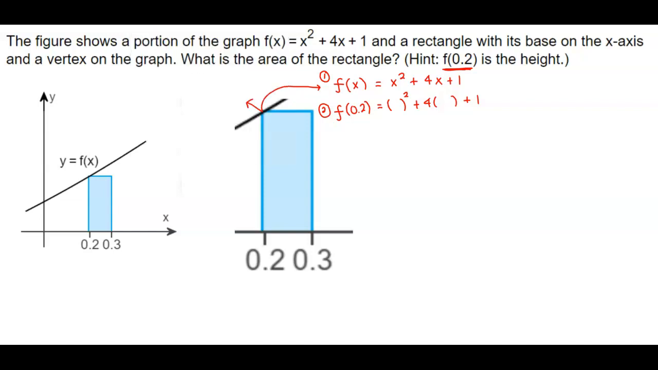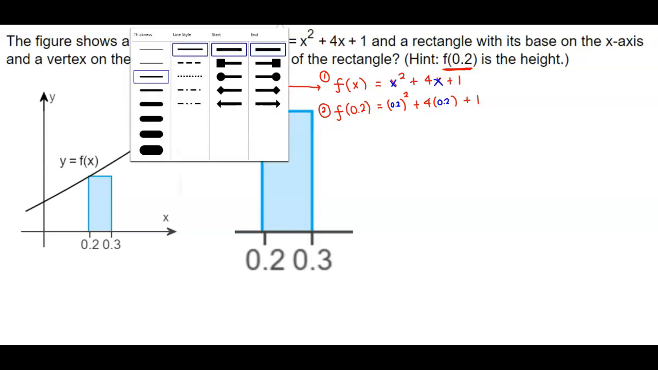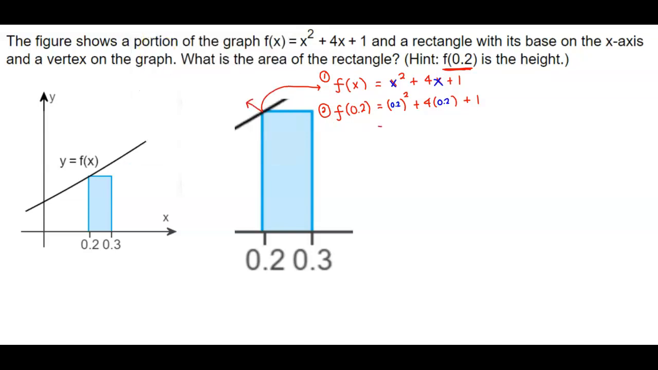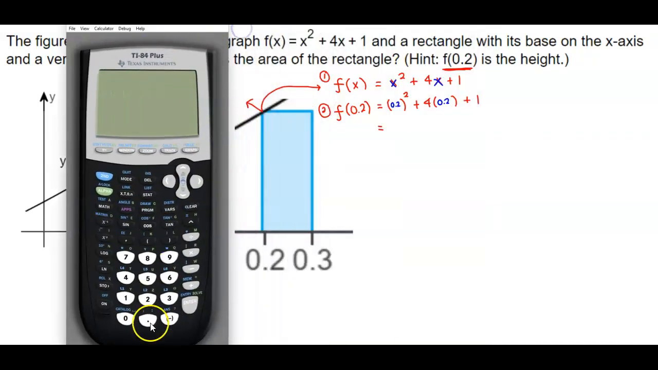So in here we're going to replace this x with 0.2, and then we're going to replace this x with 0.2, and then we want to find out what is that result. So let's go ahead and do that. So if we take our calculator, we're going to take this parentheses 0.2, square that, and then plus 4 times 0.2, and then plus 1. And what does that give us? That gives us